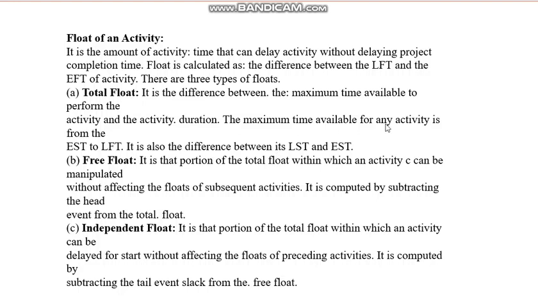The maximum time available for any activity is from the earliest start time to the latest finish time. So now in that example, the earliest start time is 5 o'clock, and the latest finish time is 8 o'clock. This is the maximum time available,